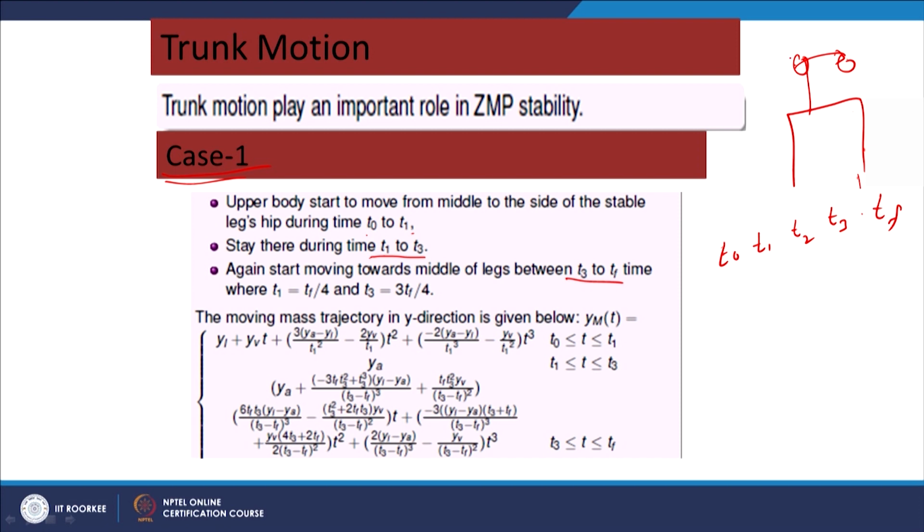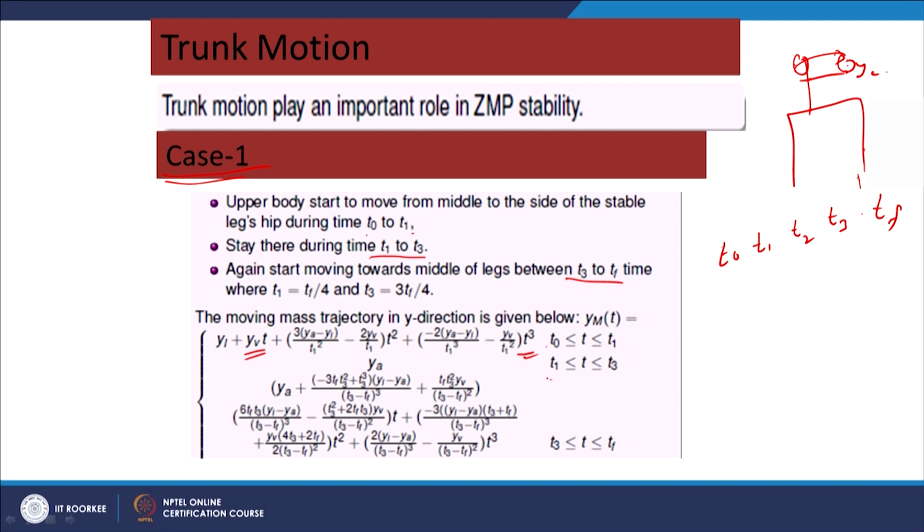Initial condition is it is at the middle point and it starts with a velocity given by y suffix v, the initial velocity of the upper body motion, and then it goes to the extreme position given by y suffix a. The y suffix a is the extreme length of motion from the middle to the end of the hip. So, using these constraints, we can derive a polynomial of degree 3 again during the time interval T0 to T1,